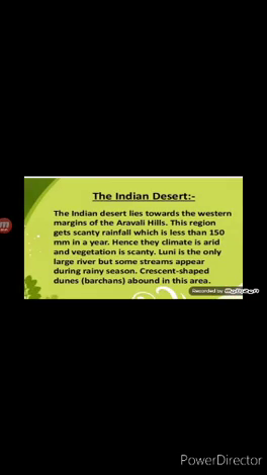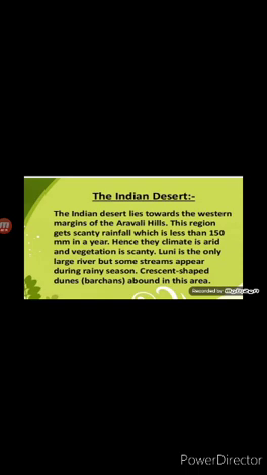Children, once again I am repeating the features of Indian desert. Listen to it very carefully. It lies towards the western margin of Aravalli Hills. It is an undulating sandy plain covered with sand dunes.